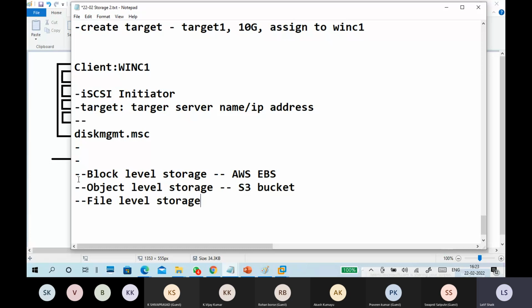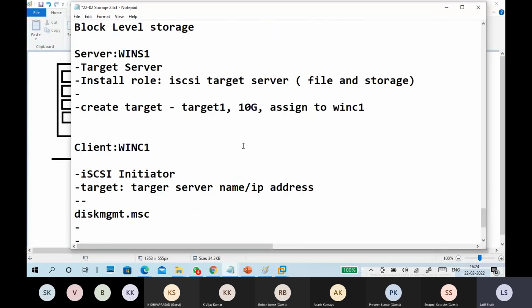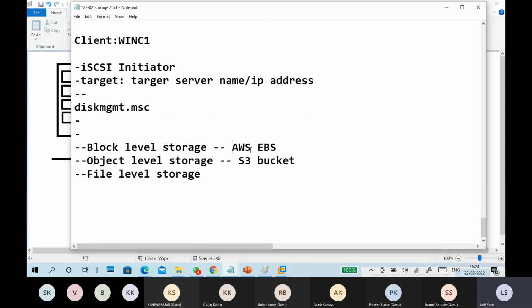File level storage is the same kind of thing, like sharing file systems. Elastic block level storage, guys. That's why I keep telling these things. Maybe you may not go into direct infrastructure management, but the terminologies are very important to understand how it works. Okay, so this is about your iSCSI.